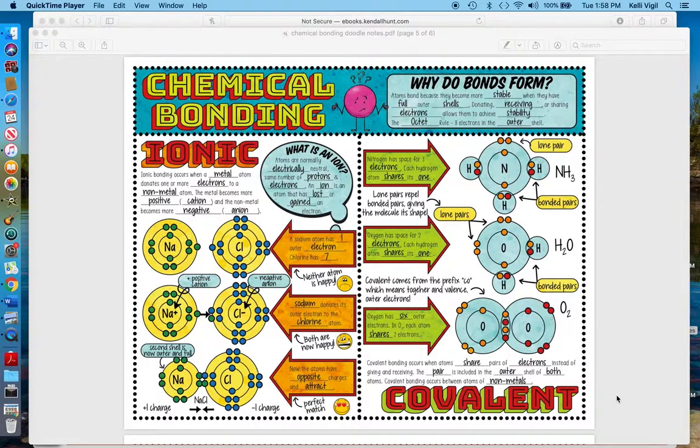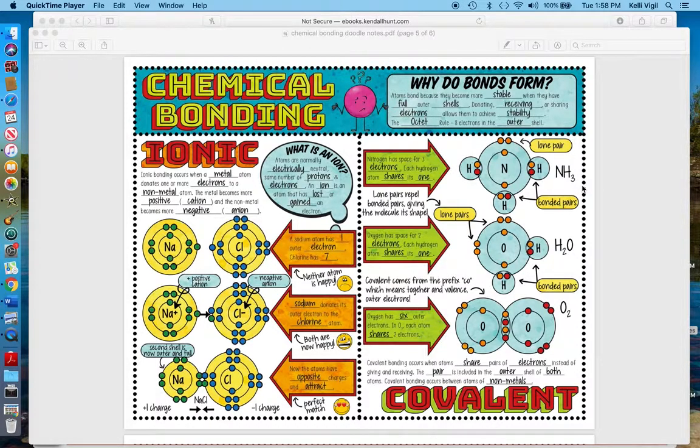Over to covalent. Covalent bonds always are a nonmetal and a nonmetal. Okay? And covalent bonds are a prefix here of co, like if we cooperate, if we co-teach, if we cohabitate, that's always doing something together. So covalent means we're going to work together here and we're going to share the valence electrons. Okay, so in covalent bonds, our nonmetals are going to share our valence electrons so that everyone has a happy